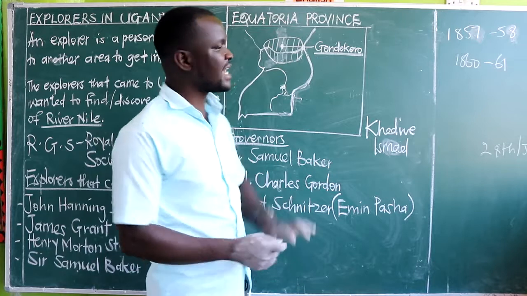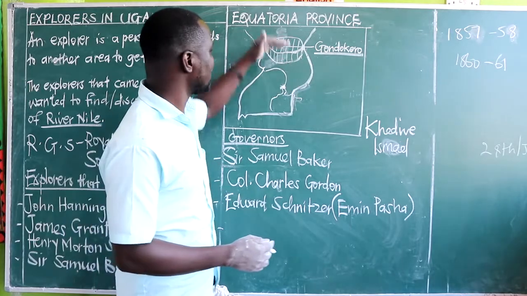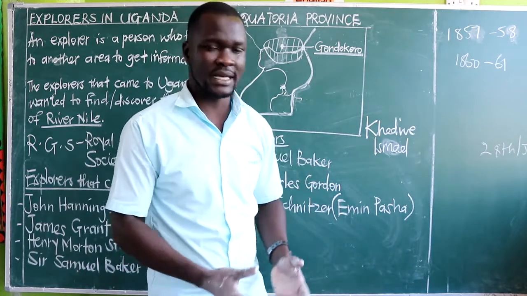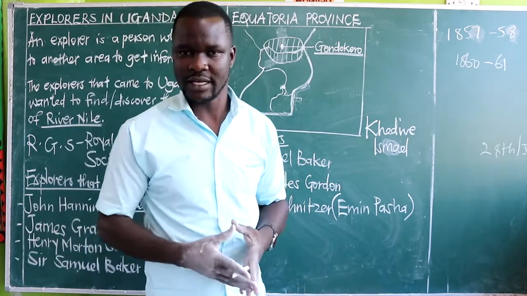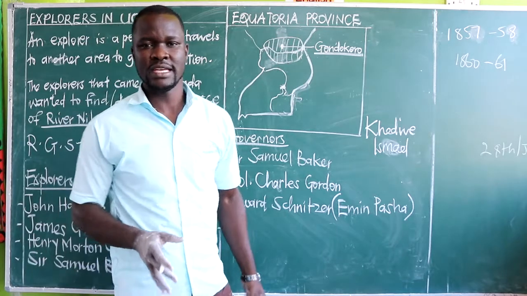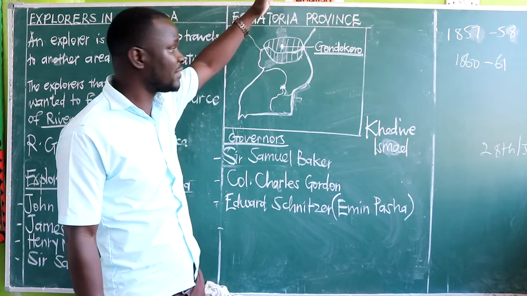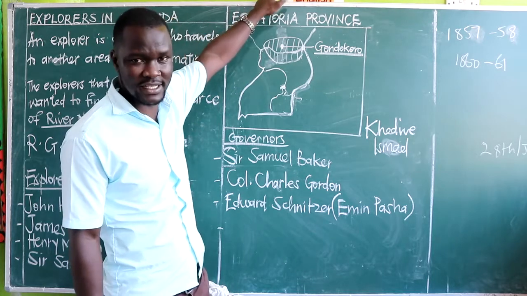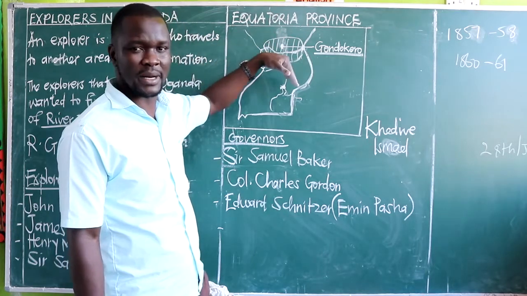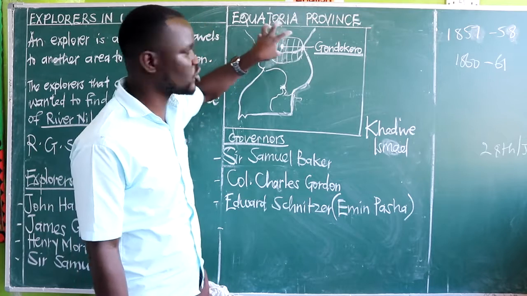Now, when Edward Schnitzer, that is Emin Pasha, came to power as the third governor, he wanted again to bring the idea of slave trade. Therefore, it made the Acholi, together with the Sudanese, give him a hard time. Because unlike Sir Samuel Baker, who was protecting them, this one was bringing slave trade. They even ended up cutting his connection with the Egyptian government. Therefore, he could no longer receive support from Egypt. Remember, for you to reach Egypt, there is Sudan first. And now the Sudanese are not happy with you. They have cut your communication. They have cut your supply. Egypt cannot supply anything to you. So we say that Emin Pasha remained stranded in the